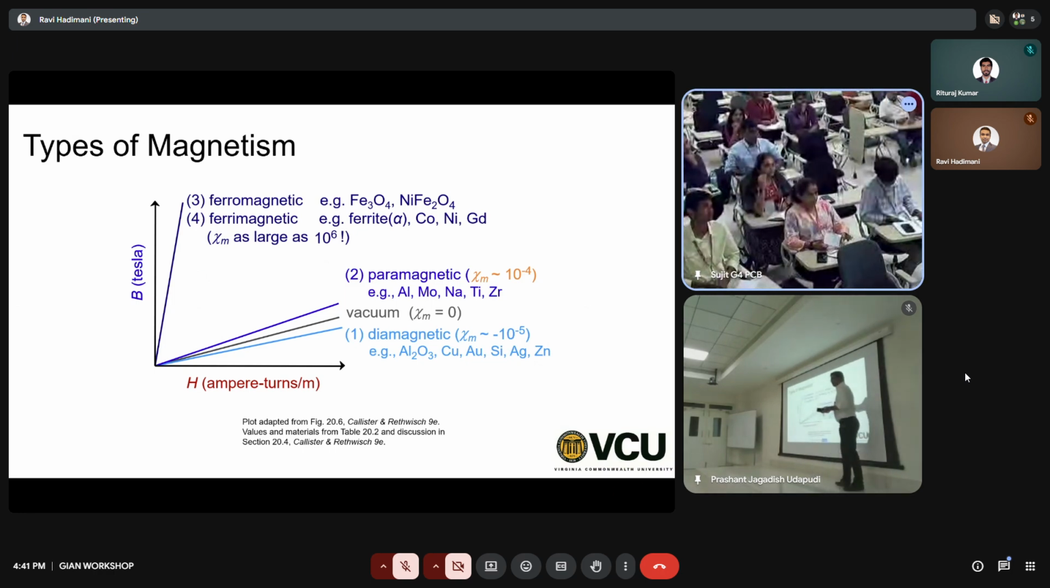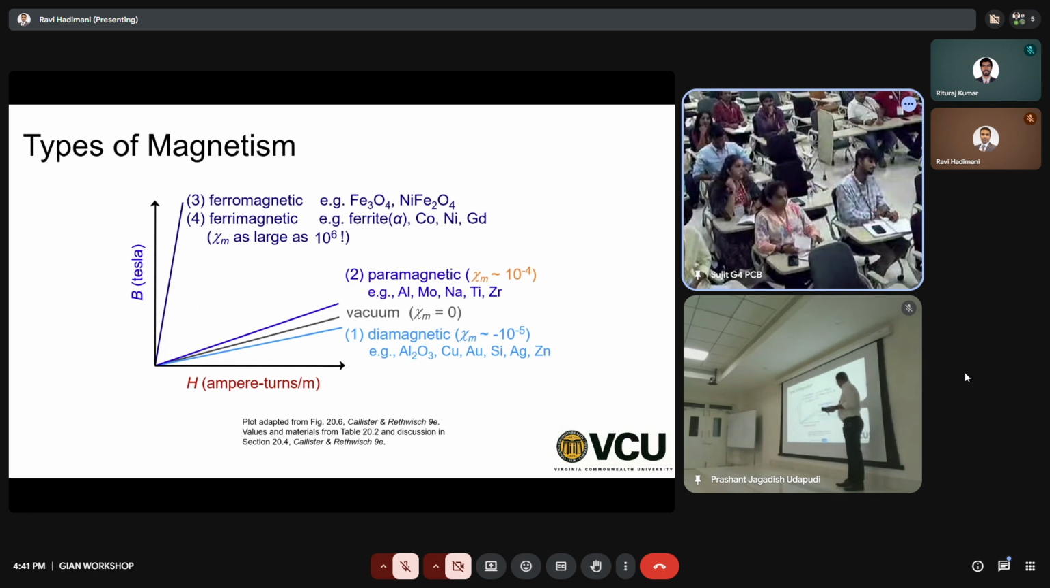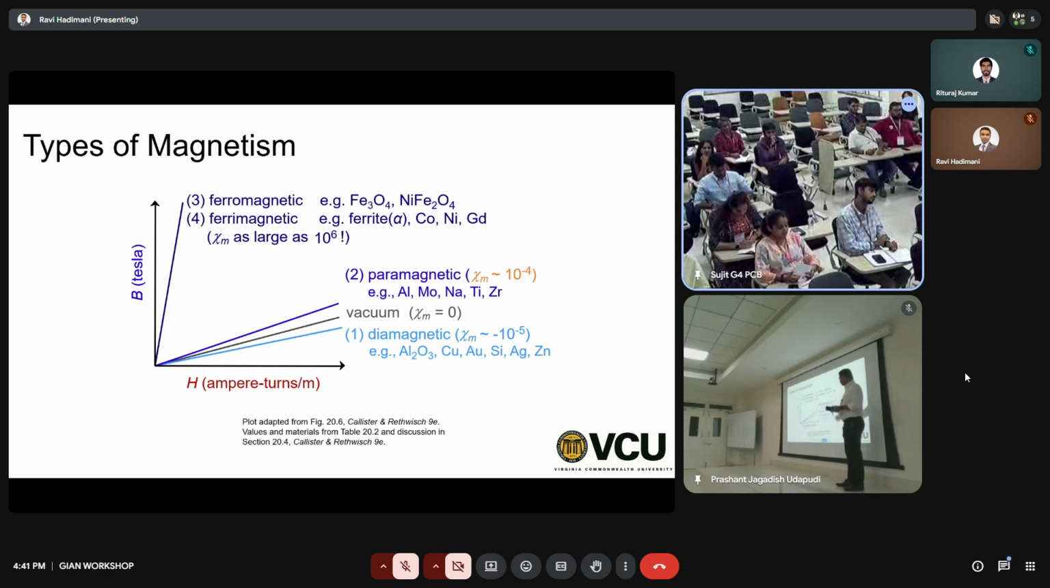So which means their susceptibility is somewhat small, or even if you look at their mu r, that is also small. And these materials are aluminum, molybdenum, sodium, titanium, zirconium, and so on and so forth. Okay, whereas ferromagnetic or ferrimagnetic materials are ferrite, which is Fe3O4, nickel ferrite, which is NiFe2O4, cobalt, nickel, gadolinium,